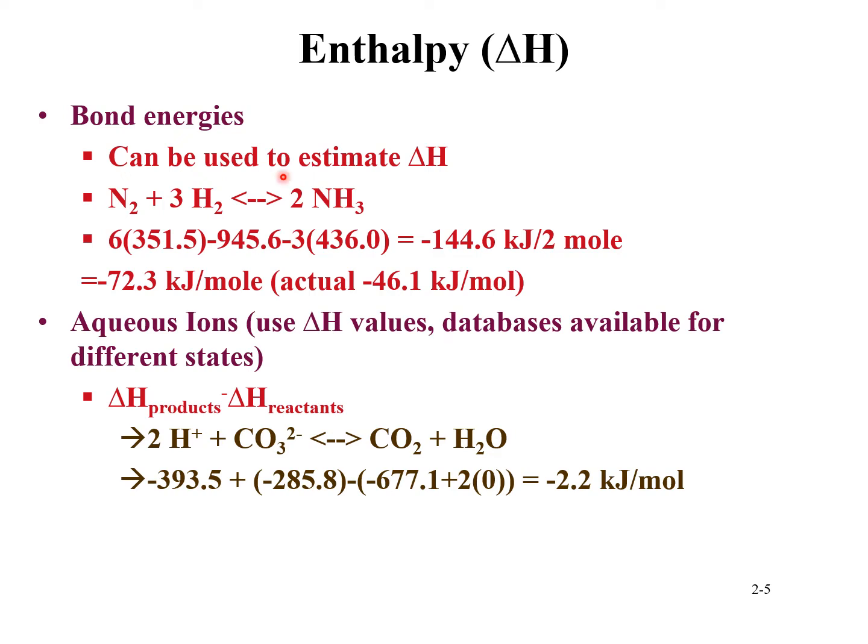An example here is for ammonia. You can use the bond energy, so it's the products minus the reactants. There are 3 nitrogen-hydrogen bonds per ammonia, so there's 6 overall. Subtract that from the nitrogen and the 3 hydrogens. You get a